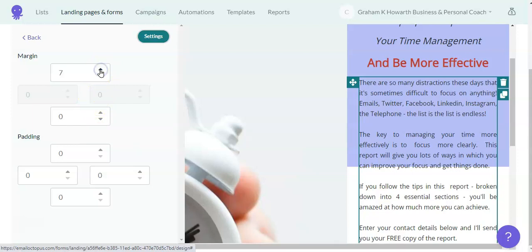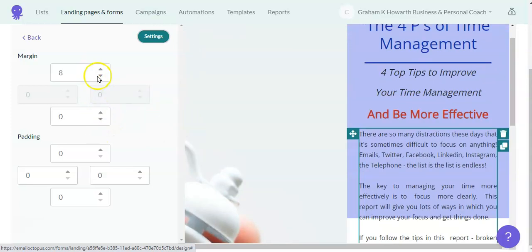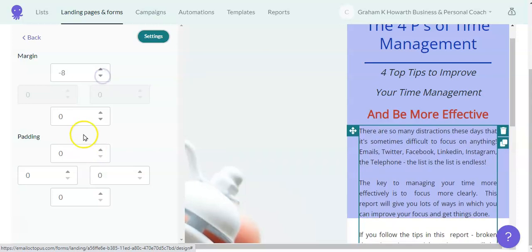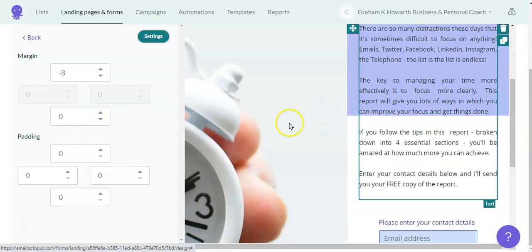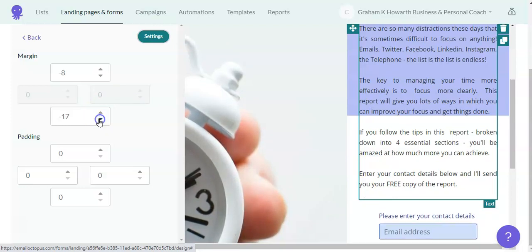so we could take that text box and maybe move it down a little bit more, and let's just take that the other way, move that up slightly. We've got quite a big gap coming in here now, so let's look at taking that gap down just a touch.